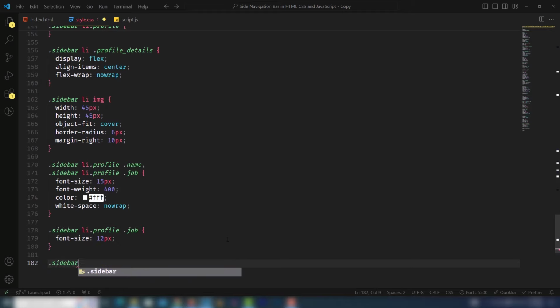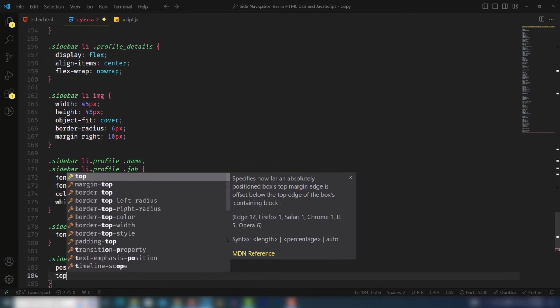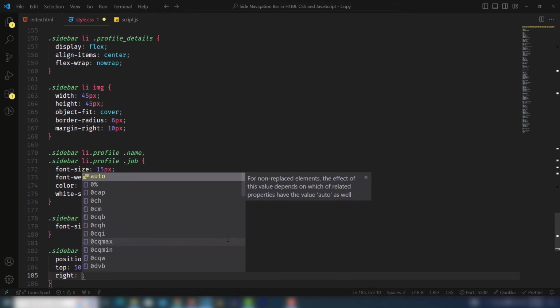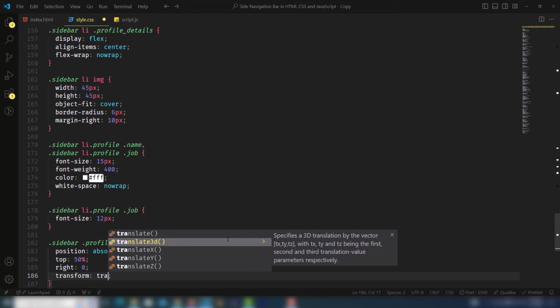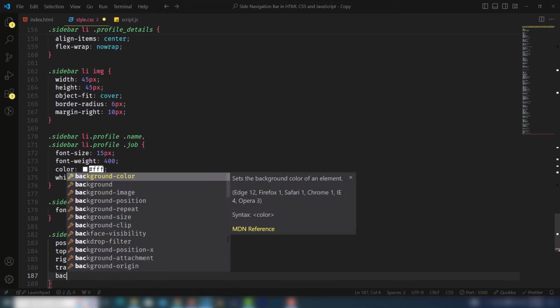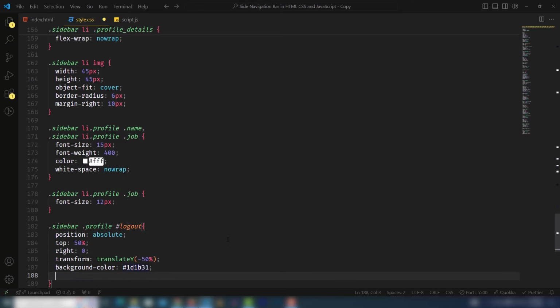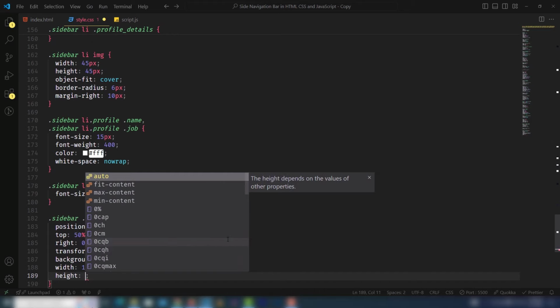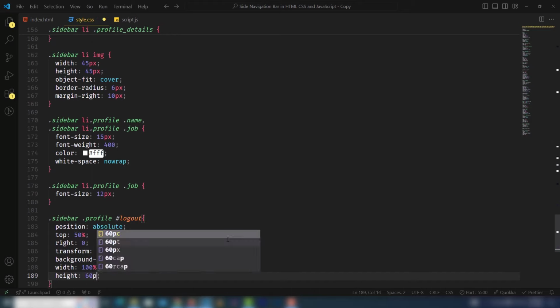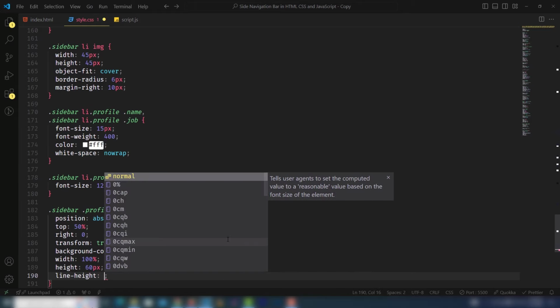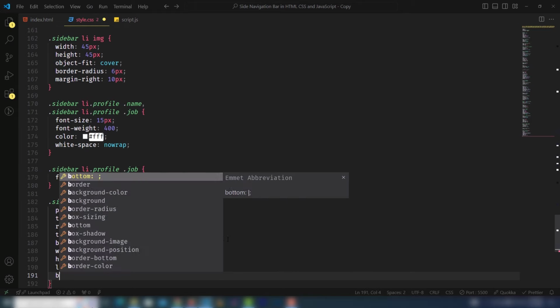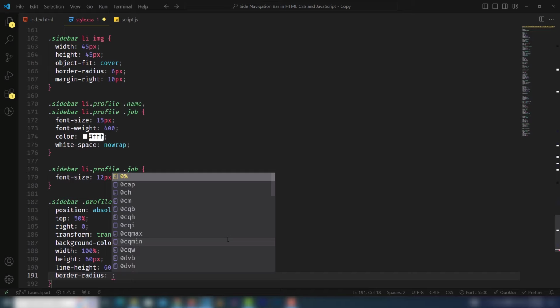So let's see a few more things we need to edit. The first one is sidebar, the profile, and we have a logout. So in the logout I use position absolute, and I use top 50%, right 0, transform translateY -50%. Background I will use a dark gray color, and width 100%. Height I will use 60 pixels is best. Also I will use line-height 60 pixel as well. Border-radius I will use 0 pixel,